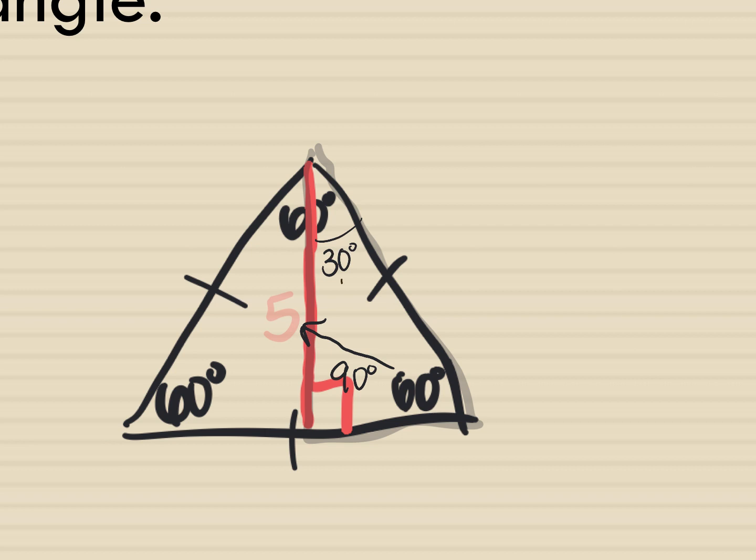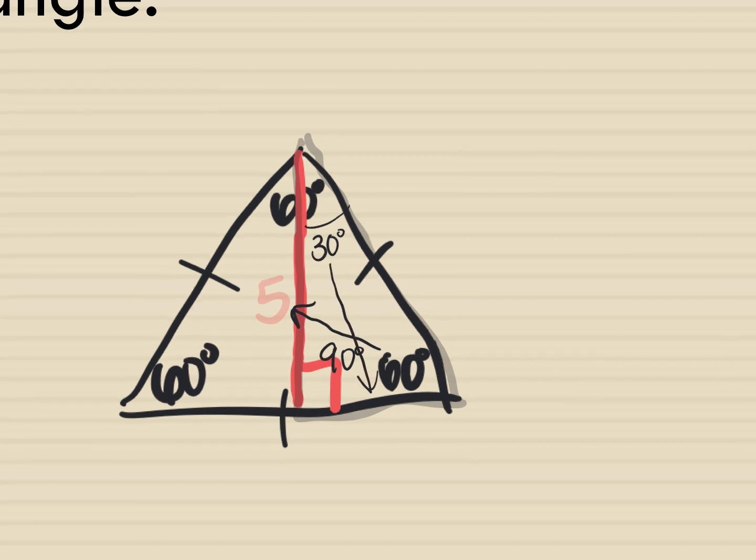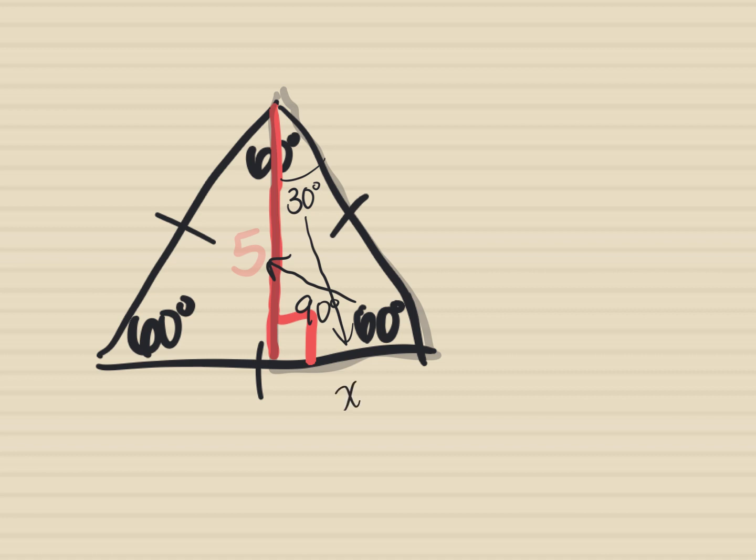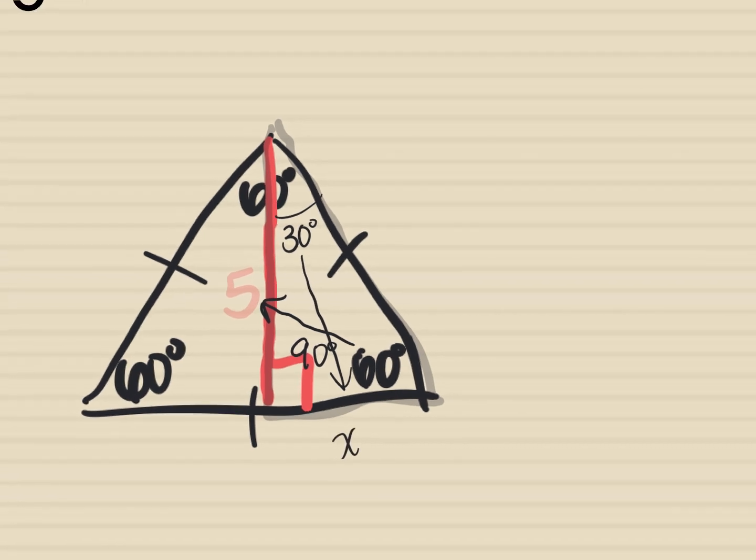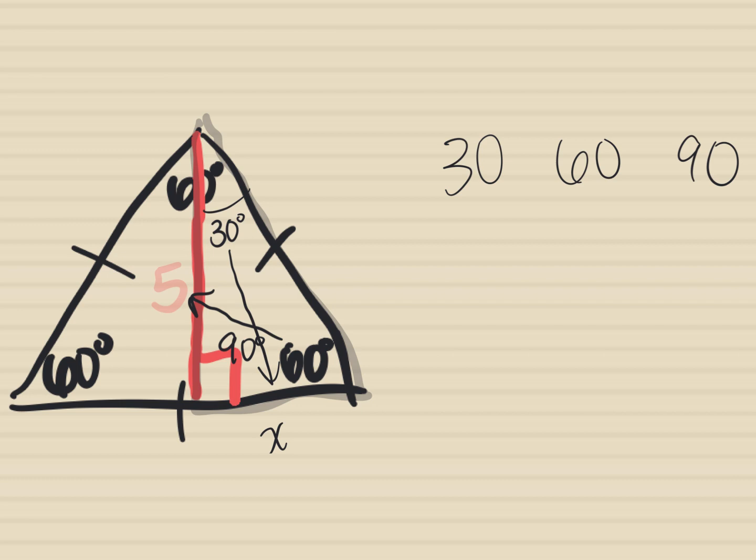So what letter goes opposite the 30? You can put X there. It's also represented by what? What always goes opposite the 30 in a 30, 60, 90? Little a. Very good. So we're going to write 30, 60, and 90. In our case, we have X where 30 is. And we're going to represent that by A. Across from the 60 is 5. Do you guys agree? So we're going to put 5 here. How does that relate to little a? Square root of 3 times a. And then 90,